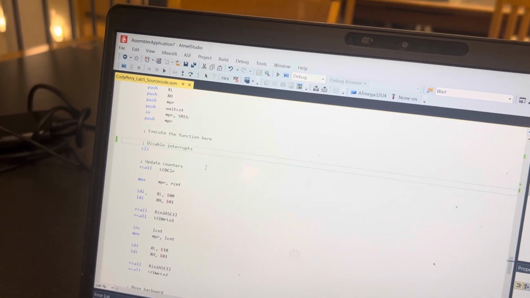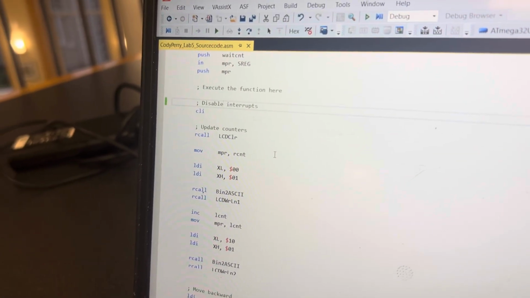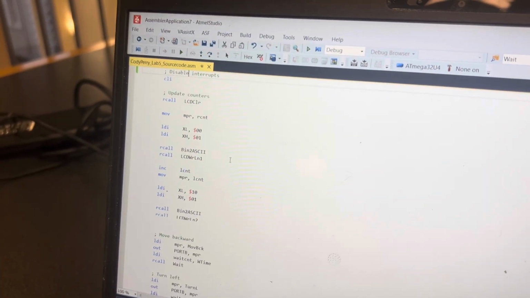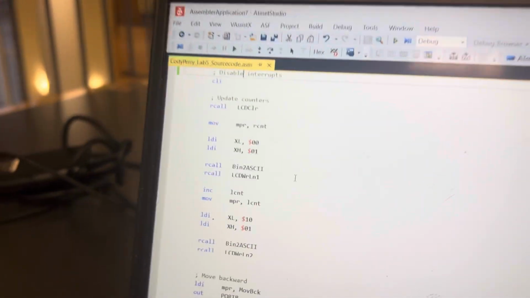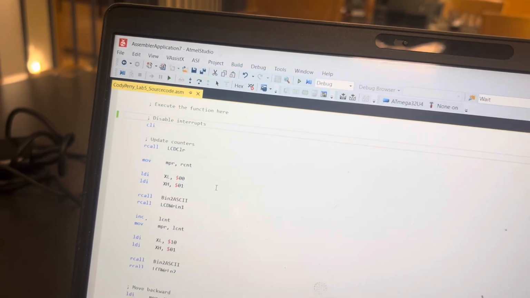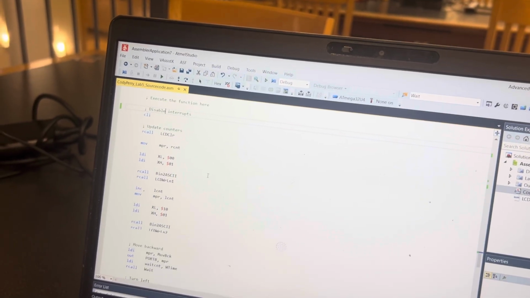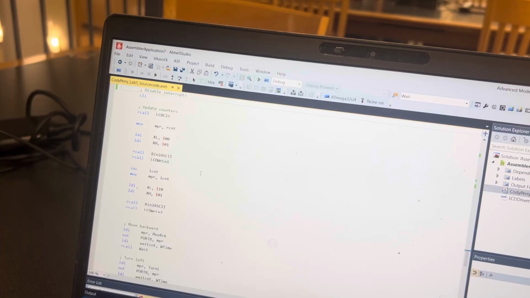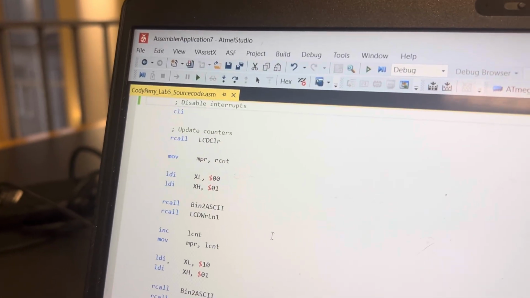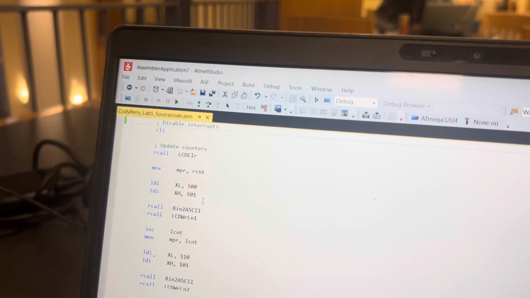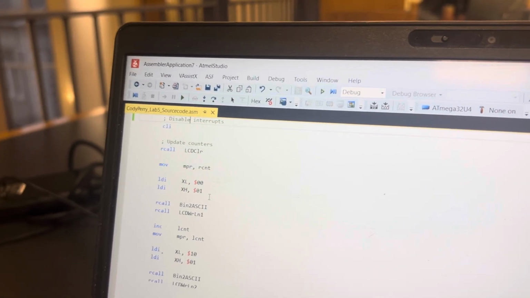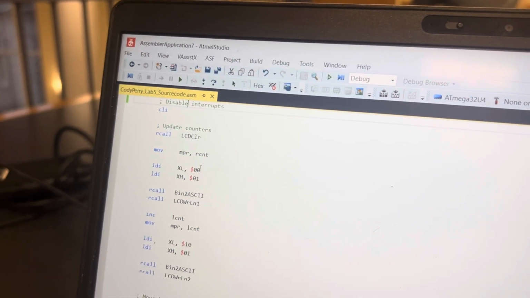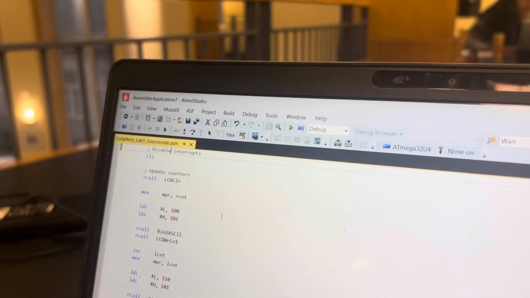Here we disable interrupts with the CLI command. Then we update the counters by first calling the LCD clear function. And then we move the current count of the right counter into NPR. Since we're not going to be updating the right counter here, we don't have to increment. And then we can set the X pointer to,